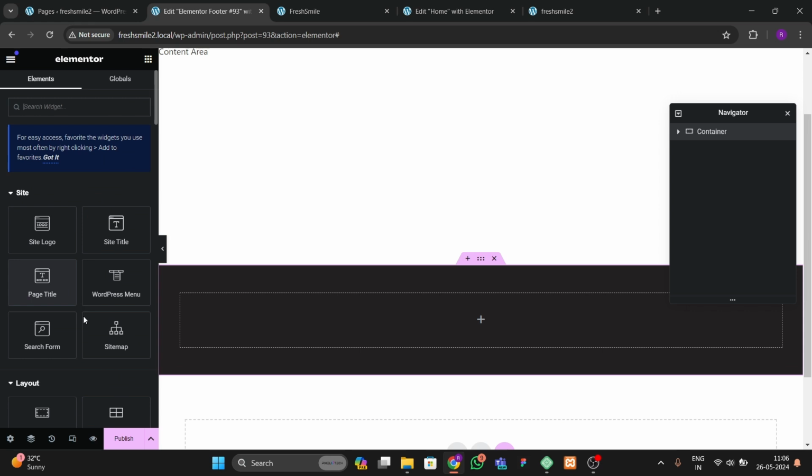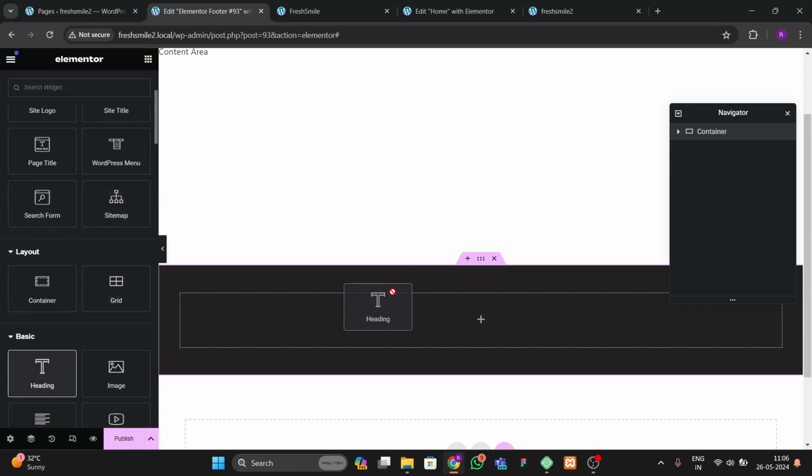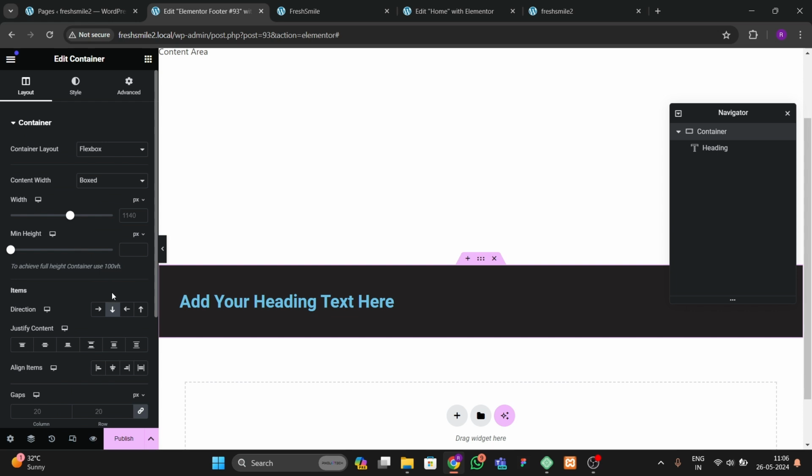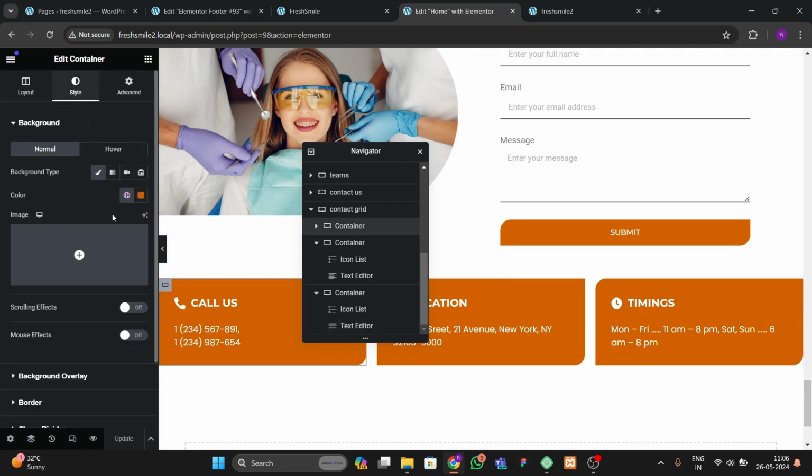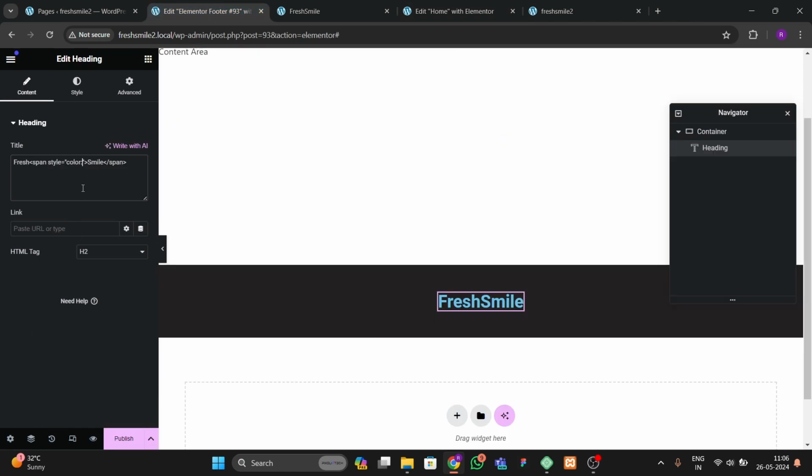Then what we can do, we can go to this here, and we're gonna add that heading, and here, and after that we're gonna write it here, fresh smile. Okay, then after that you can enter here span tag, and here we're gonna write style tag, and here we're gonna write color. So for the color, I'm gonna copy the color code from this. So we're gonna copy the color code by hovering on this, D36101, D36101, hash